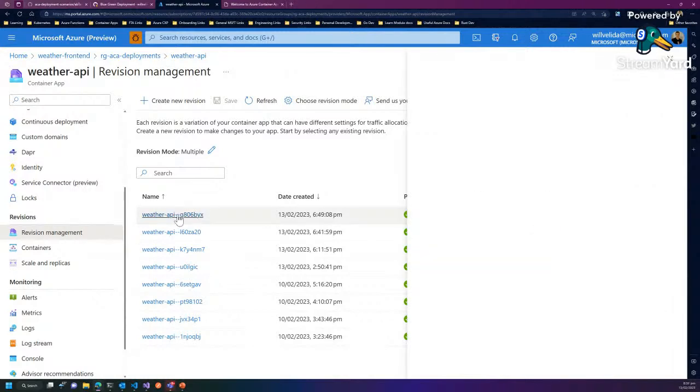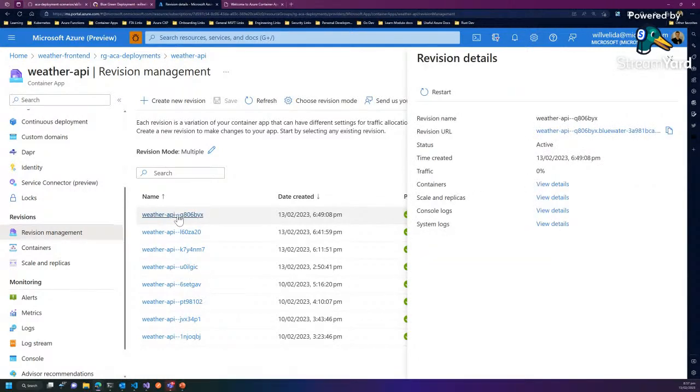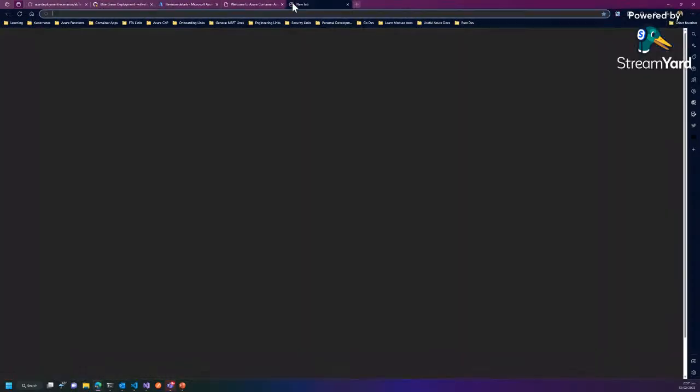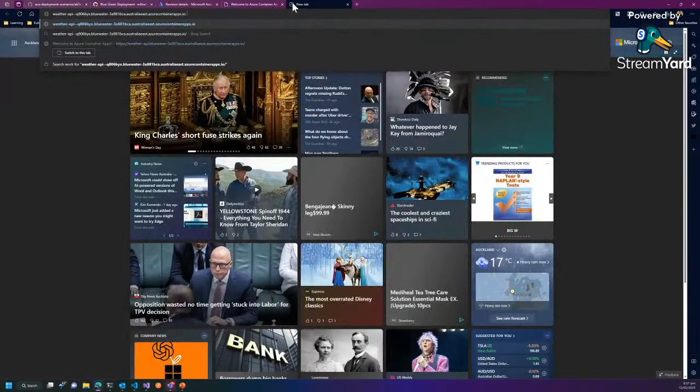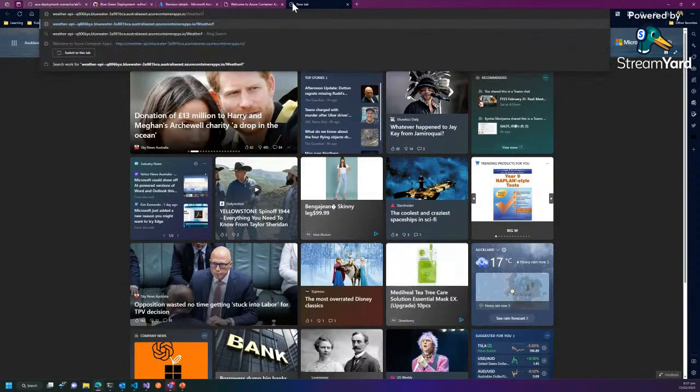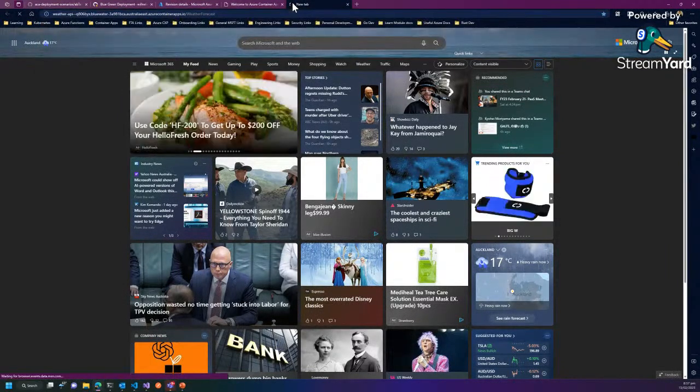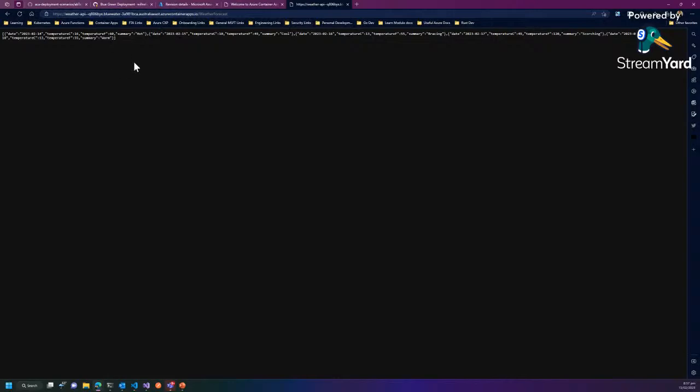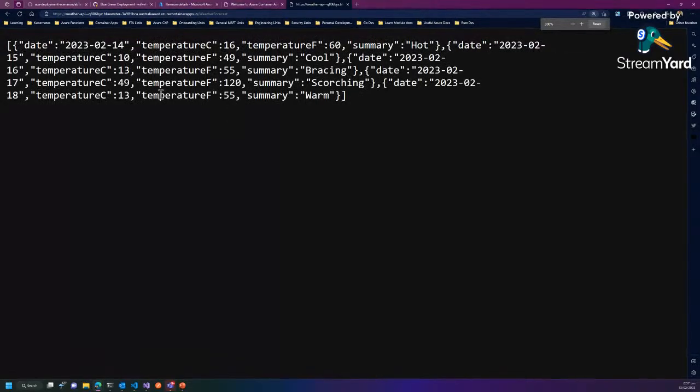But if I open this up, you can see that every revision will have a specific URL. So if I just copy and paste that and write weather forecast,